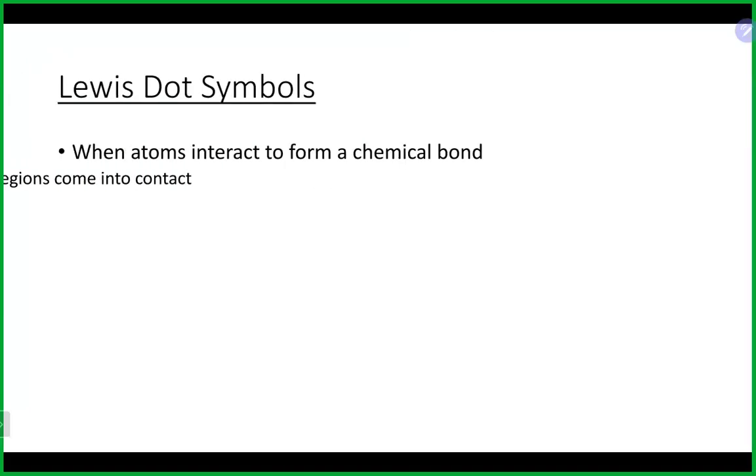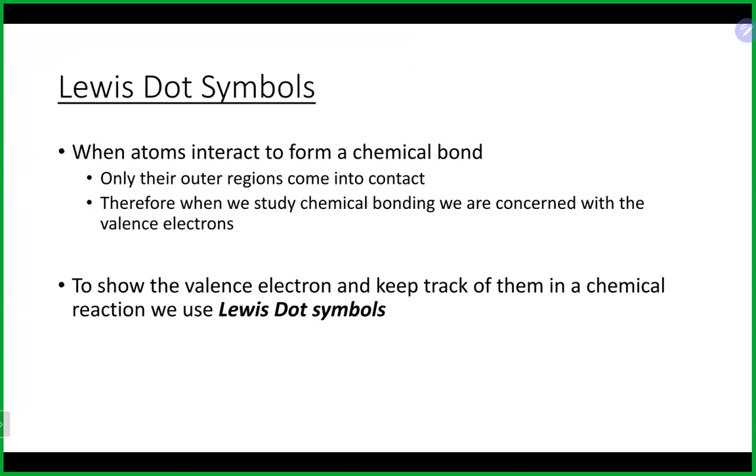So let's start with Lewis dot symbols. Nowadays a lot of times they just generically call them electron dot symbols. They basically represent the element and the valence electrons that are involved in bonding. When we look at electrons, there's only certain types of electrons that are involved in bonding, and those are valence electrons. For example, if you had something like lithium, 1s2, 2s1,